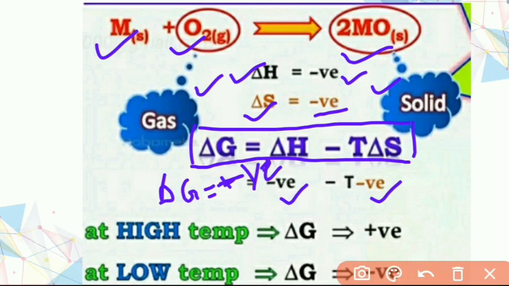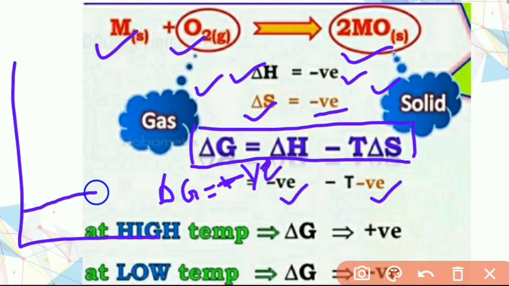When we see the graph for magnesium oxide, at low temperature the graph increases with increasing temperature. Here the ΔG value is negative, but when temperature is increased the graph suddenly moves in the upward direction, and then the ΔG value becomes positive, and the stability of the oxide decreases with increasing temperature.